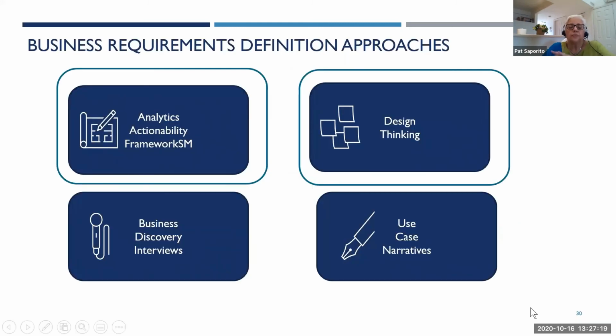So the most important thing we're going to do now is look at the business requirements. Again, as I said, one of my goals is to help you define your business requirements better. If you can define business requirements better, you're way ahead of the game, because then your analytics are much more targeted and refined. So there are a number of ways to do that.